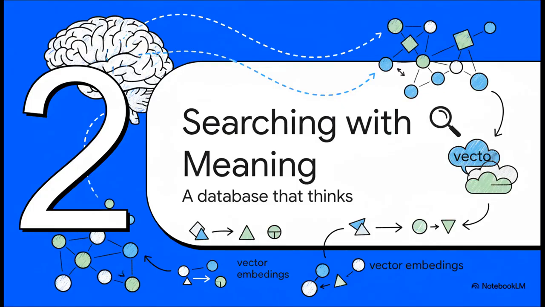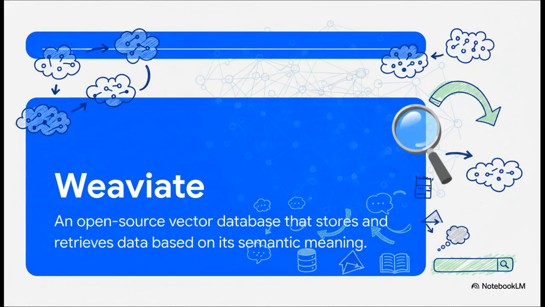And that's exactly where our solution comes in. Weaviate. Honestly, the best way to think about it is as a database that organizes information kind of like our brains do. It's based on concepts and relationships, not just rigid exact match labels. Okay, so here's the official definition. Weaviate is an open source vector database.